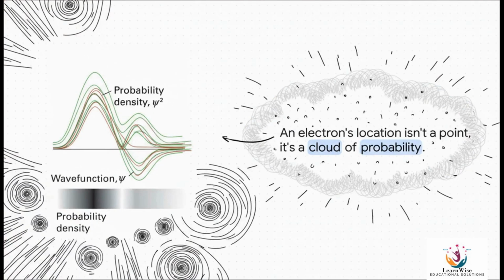This is where our brains have to take a little leap. We can't actually know where an electron is. We can only know where it's most likely to be. The math gives us something called a wave function, which is a bit weird. It can be positive or negative. But when we square that function, we get this probability density. It's a cloud, a smear of existence that shows us the regions where the electron probably is. It's not a path, it's a haze.